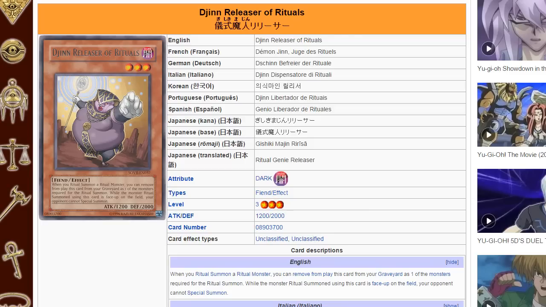If they had Raigeki or Dark Hole, I opted to play the build that's actually really successful now in the OCG, which is having one Gungnir and basically getting this out as fast as possible, and then being able to just protect your monster, because this has the effect that